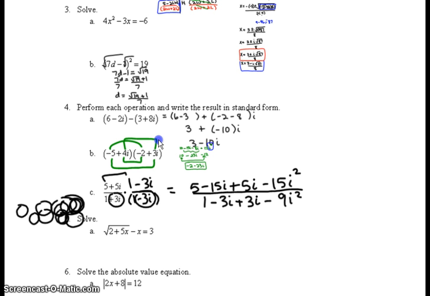Okay? Notice that these two terms cancel out. And remember that i squared represents negative 1. So negative 9 times negative 1 becomes positive 9, and negative 15 times negative 1 becomes positive 15. So if we combine like terms, we have 5 plus 15 is 20. And negative 15i plus 5i is negative